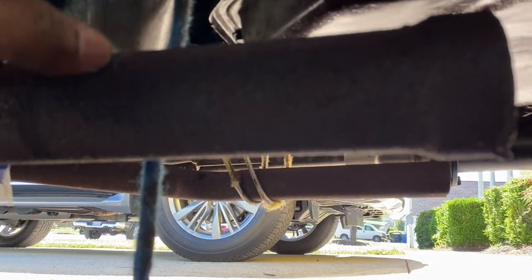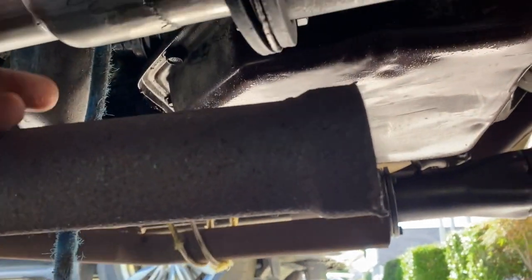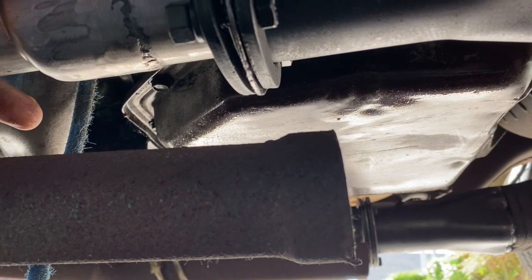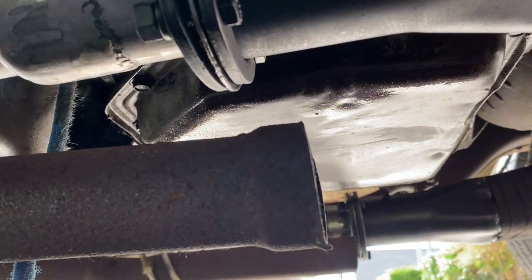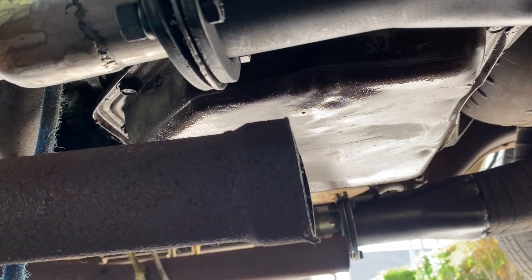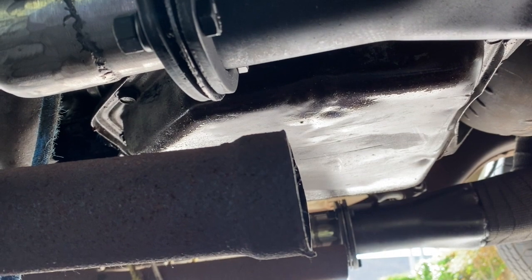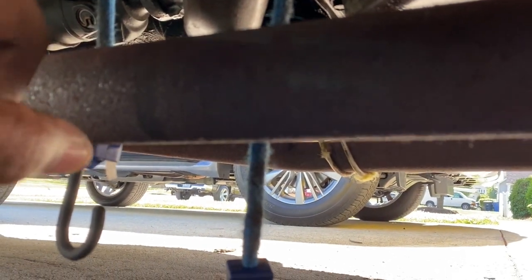So what I'm going to do is cut this pipe right about here. I'll get it measured off, and I've got a pipe extender to open that pipe up. I'm going to take this off because it's on kind of loose, since I'm just trying to get my measurements. Once I get this cut, I'm going to spread this pipe out. I've got a pipe spreader, and I'm going to insert this into the pipe and weld that on. Oh, you can't even see it. I'm going to cut this part